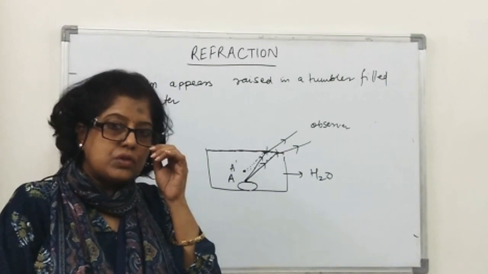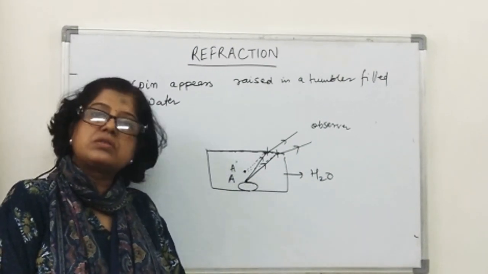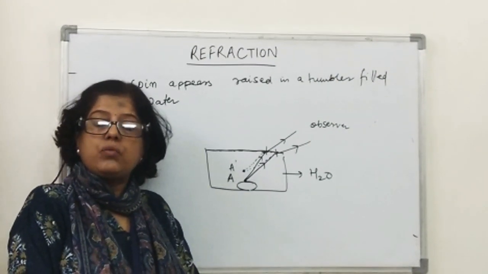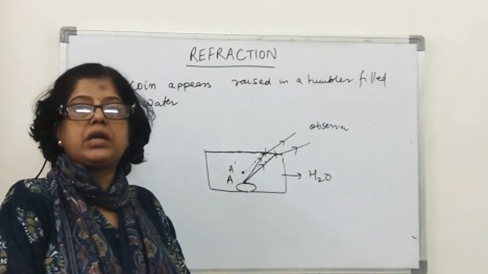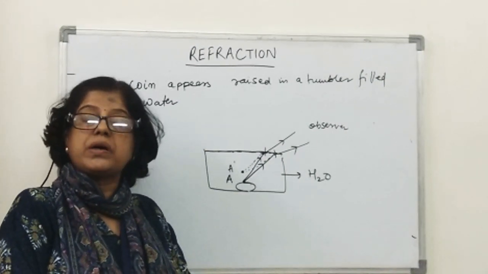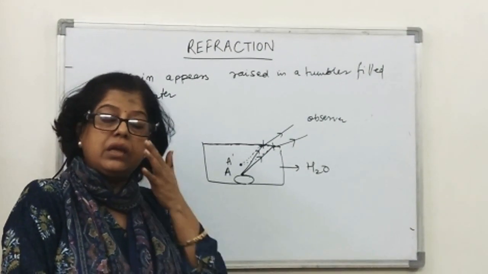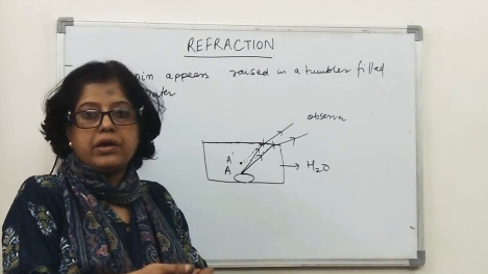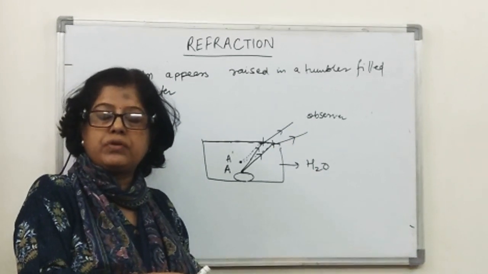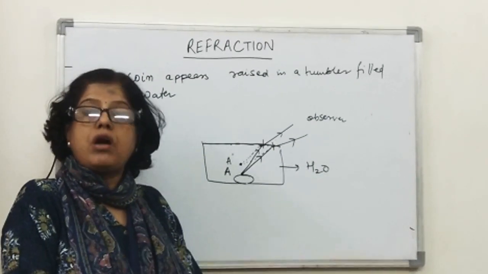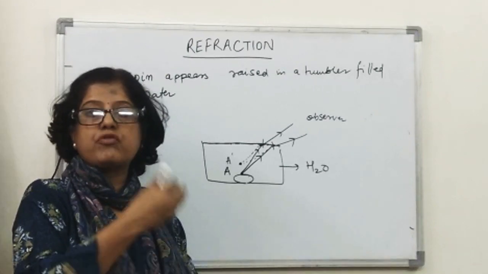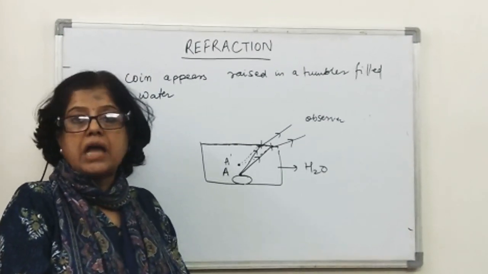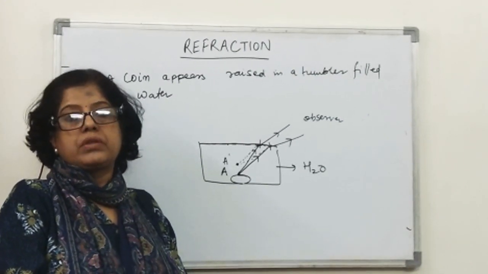Now, we've learned what refraction is, what causes refraction, and how light rays bend as they go from one medium to another. Whenever light goes from one medium to another, like air to glass or air to water, it bends, but not to the same extent. The amount of bending from water to air is not necessarily the same as the amount of bending from glass to air. So how much light rays bend depends on the medium from which they are traveling and the second medium they are entering. That we learn in the next class.